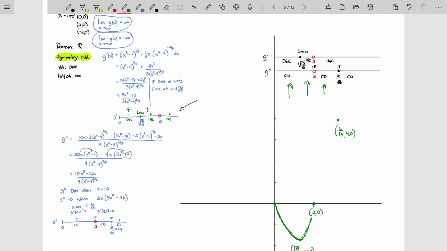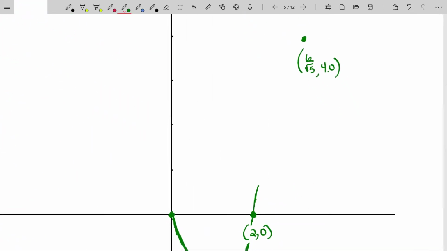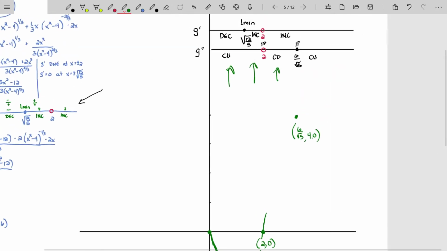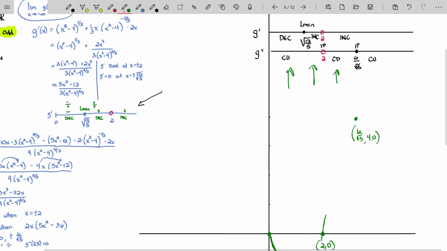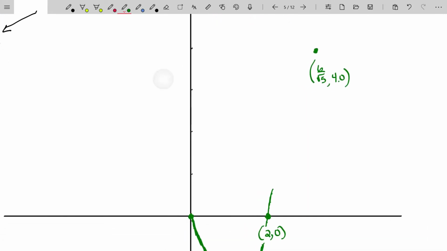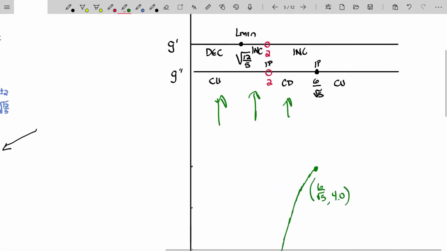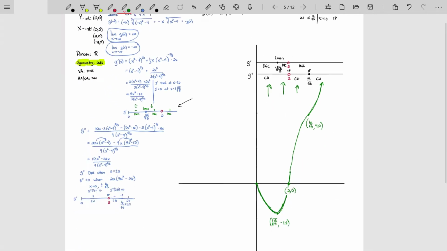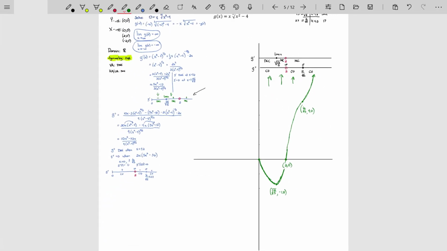So it's concave up all the way there, and then it switches to concave down. It's a very gentle switch, by the way. And it'll be increasing and concave down until I get to this inflection point. So I'm going to go ahead and try my best to mimic a concave down behavior. Man, that is good looking. And then it's going to switch to increasing concave up for the rest of the trip. There we go. And because this function is odd, I can rotate it 180 degrees to get the rest of